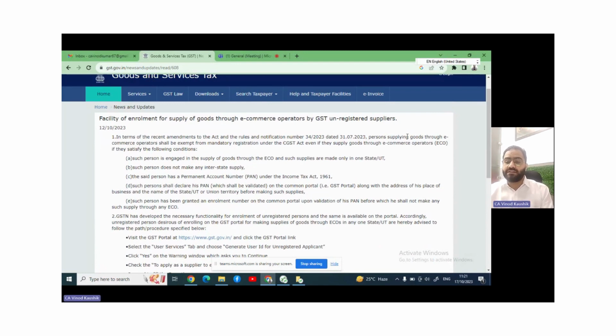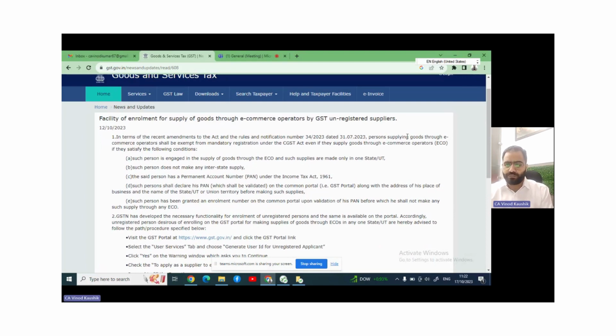Friends, as you all understand, GST law is basically allowing supply of goods and services seamlessly without barriers of state checkpoints. We have three important sections in GST law: section 22, section 23 and section 24. Section 22 gives exemption from registration to those whose turnover is below a prescribed threshold. In case of goods, for some big states it is 40 lakh, and for services it is